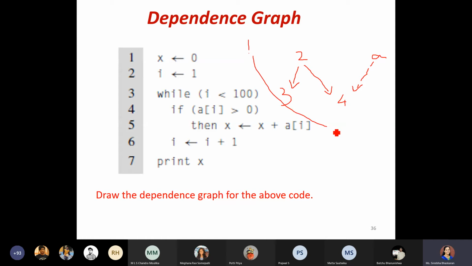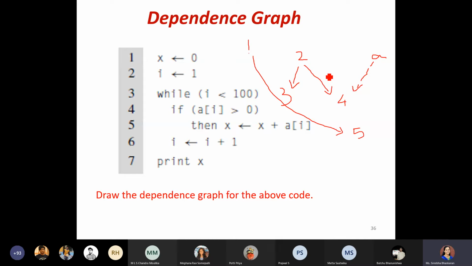When I am creating node 5, I create it depending on the value from node 1 for the x part.